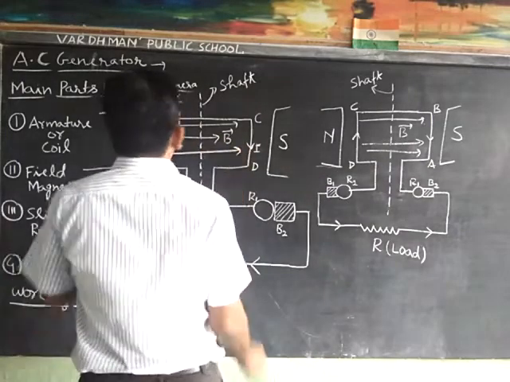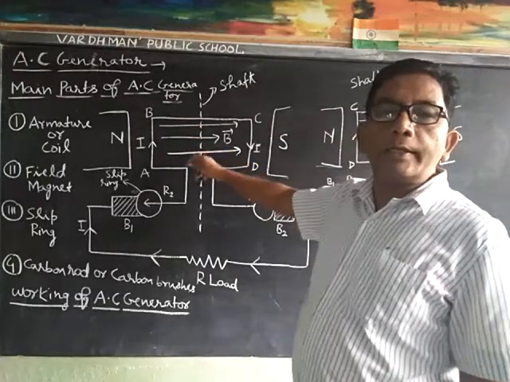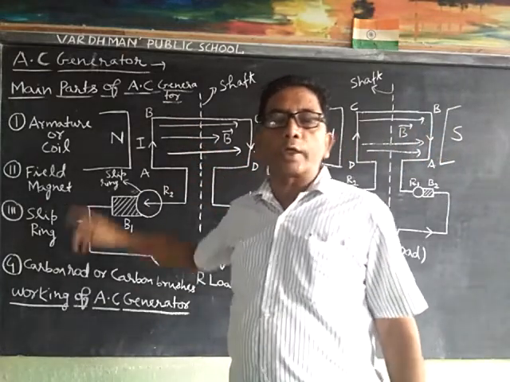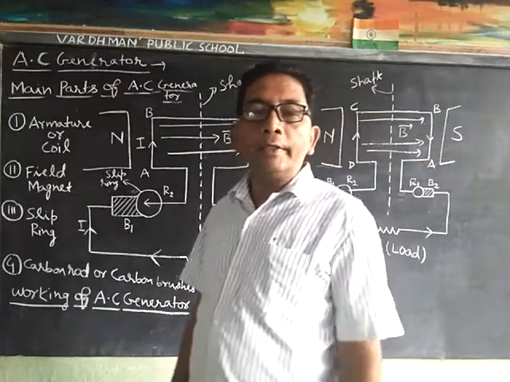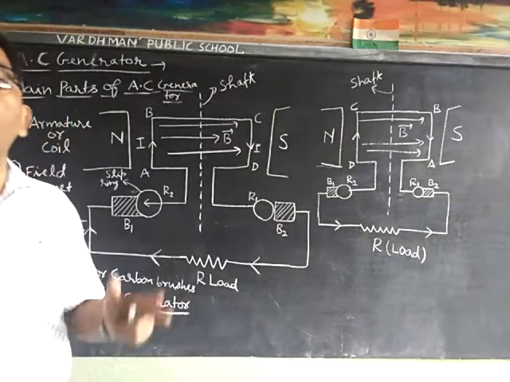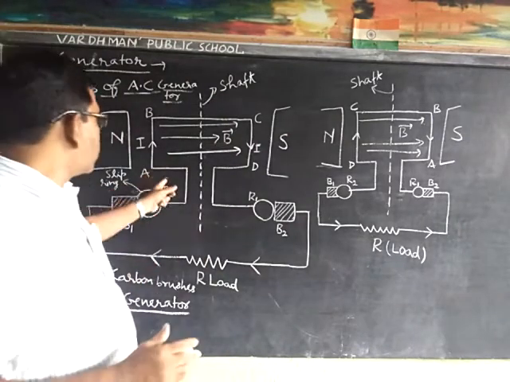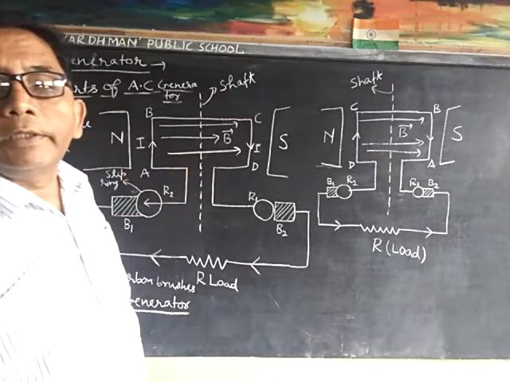When rectangular coil ABCD is rotated with angular velocity omega in a magnetic field B,